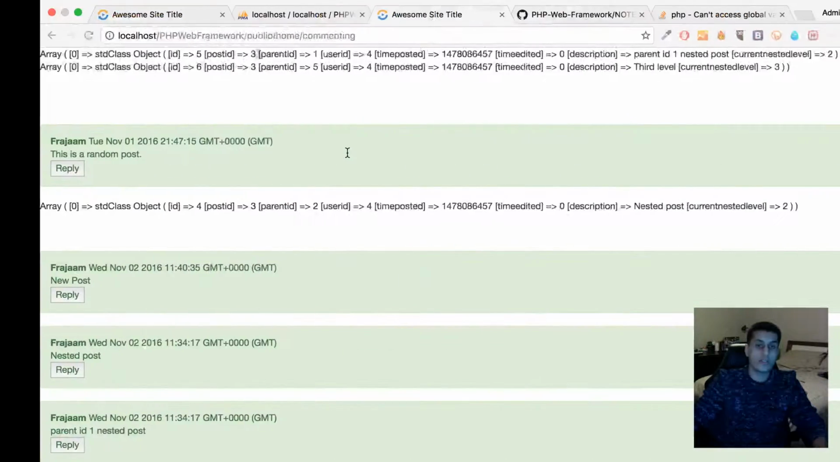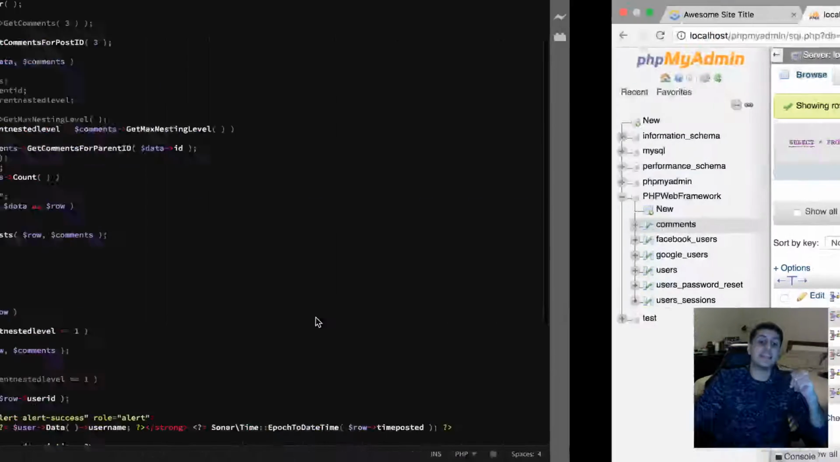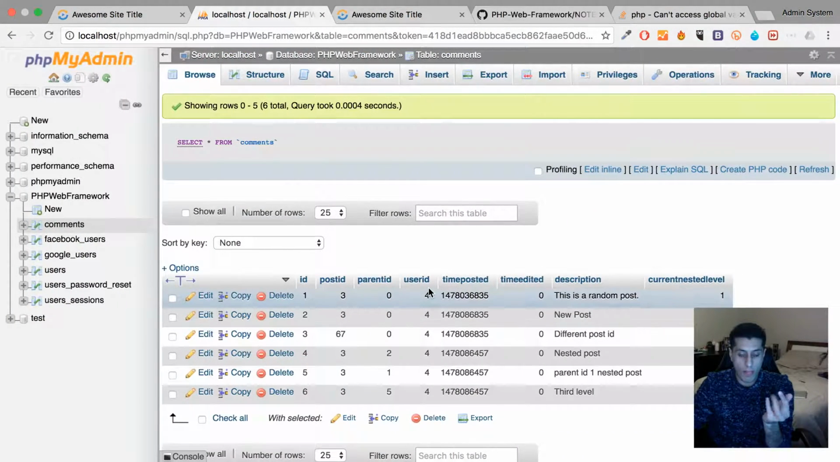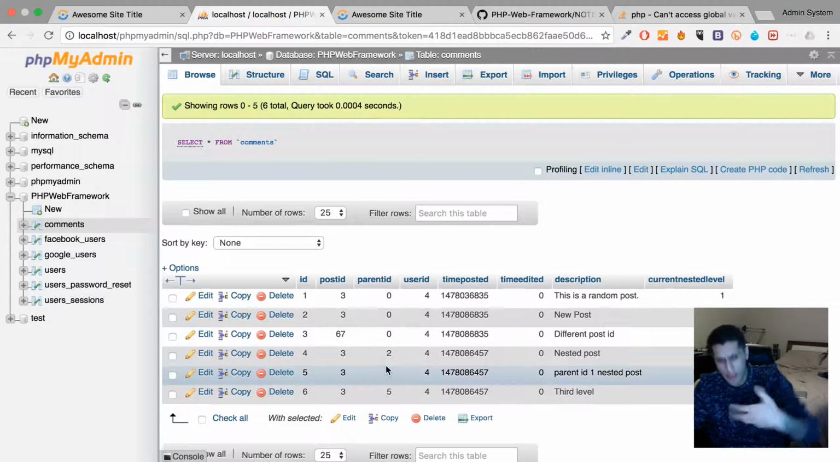So if we get comments for parent ID that match this ID, that makes sense. I don't know what I was trying to do before. What we wanted to actually do is get comments for, okay, yeah, so if we're on this post, which is the first one of a nested post, we want to get all of the posts that have its ID as their parent ID. I was trying to do it based on the post ID, and then I tried to do parent ID based on parent ID, but